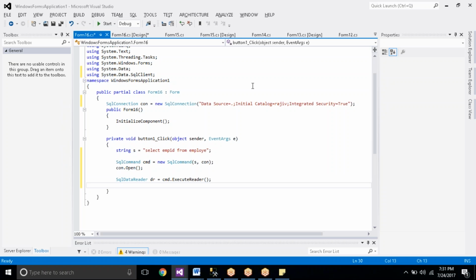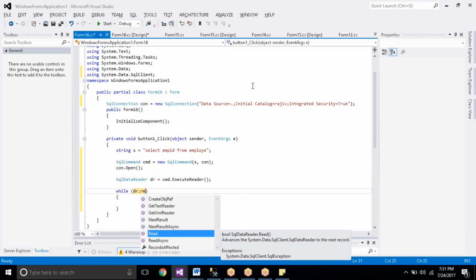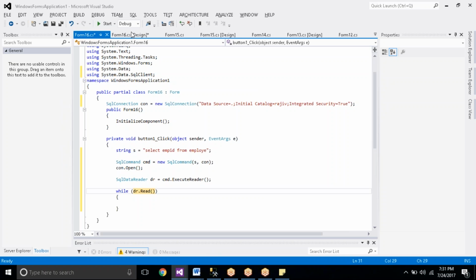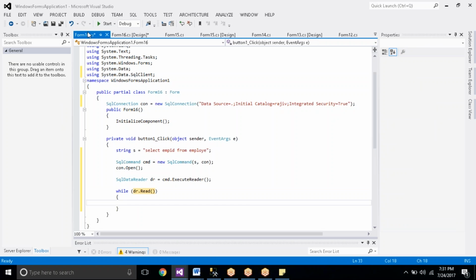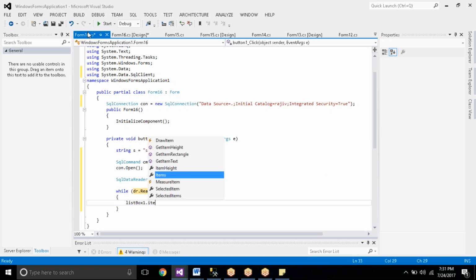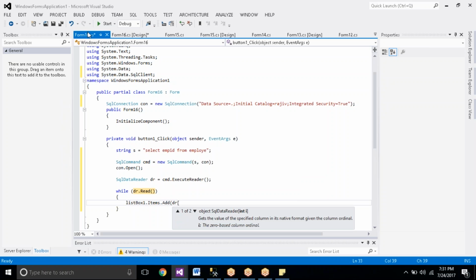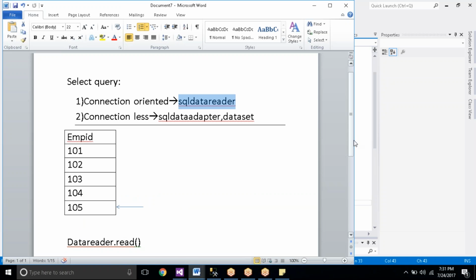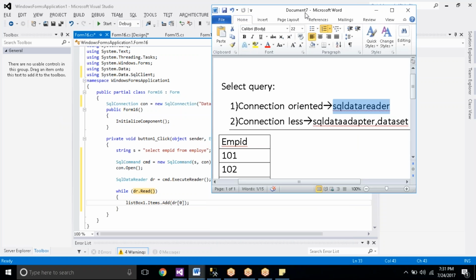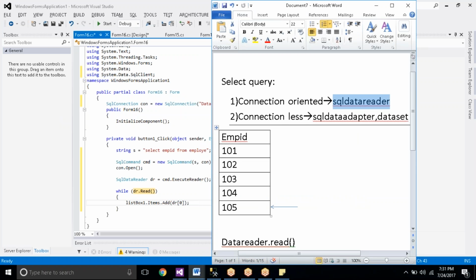So what I'm doing is using a while loop. In the while loop, I'm using the data reader's Read method. When Read is used, where do we need to point the values? To the list box, right? ListBox1.Items.Add of data reader of 0, since we assumed the value is in the 0th column. I'll explain programmatically. A while loop automatically keeps looping. You know while, that is a loop.